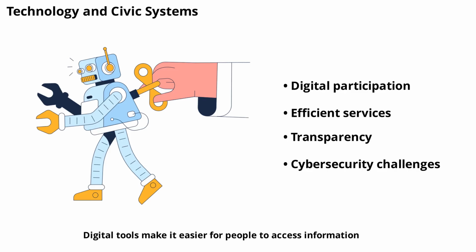Digital tools make it easier for people to access information, participate in decision-making, and hold leaders accountable. Online platforms enable virtual town halls, e-voting, and real-time feedback on public services. Technology also helps governments deliver services more efficiently and transparently. However, it introduces new challenges, such as cybersecurity risks and digital divides. By embracing technology, civic systems can become more responsive and inclusive, but they must also address the risks and ensure